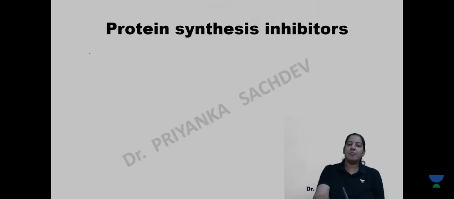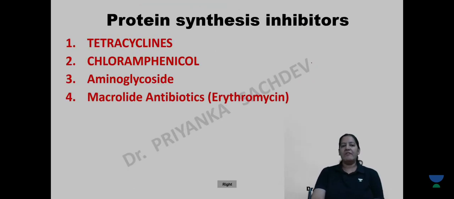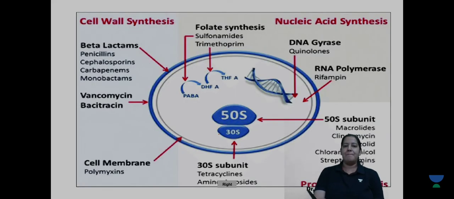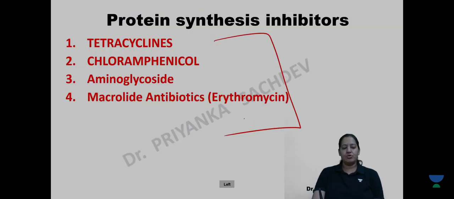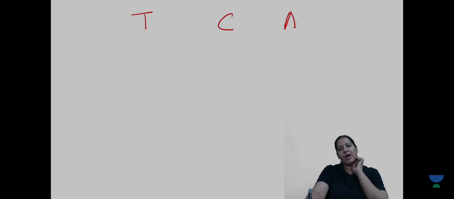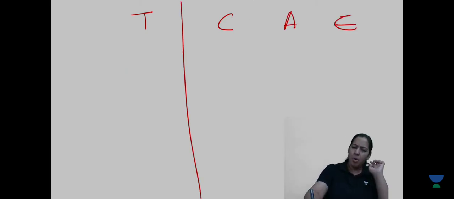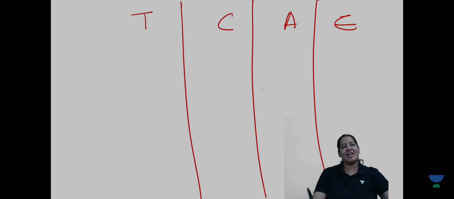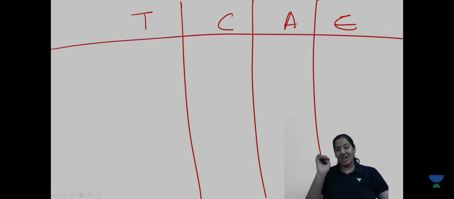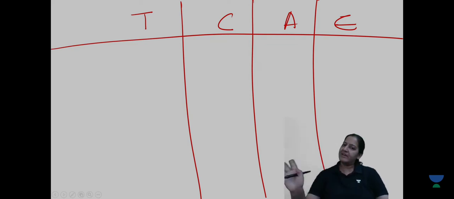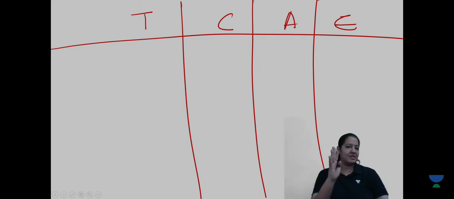Now, next I will start protein synthesis inhibitors. Here I would like to take these 4 drugs in a comparative manner. So I will ask you to make a comparative table between tetracycline, chloramphenicol, aminoglycoside and erythromycin. The most important and interesting session is going to happen now, right? So we will compare these 4, the big chapters. So 3 plus 4, total 7 will be done, right? These 4 are protein synthesis inhibitors.